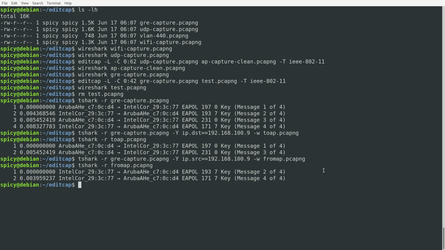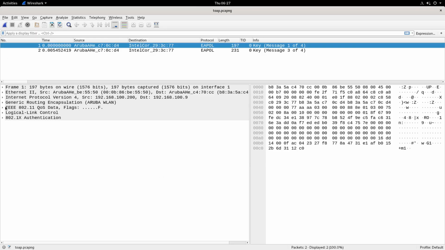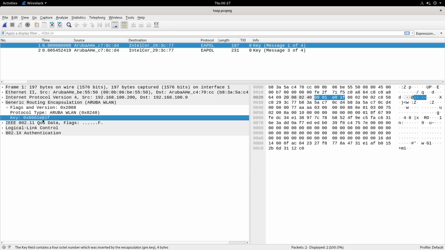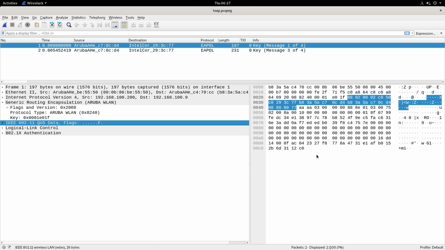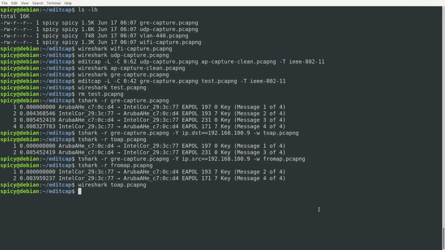So going back to Wireshark so you can visualize it, the ones to the AP are the ones that have this key. So to get the Wi-Fi frame, we have to start at byte number 42. And if you remember, the other one was byte 38. So to the AP is byte 42. So now we just run EditCap,